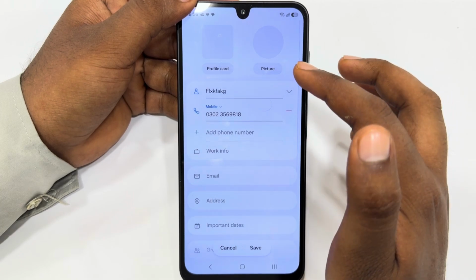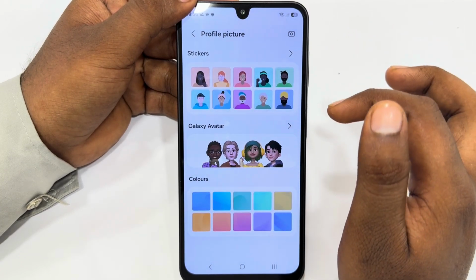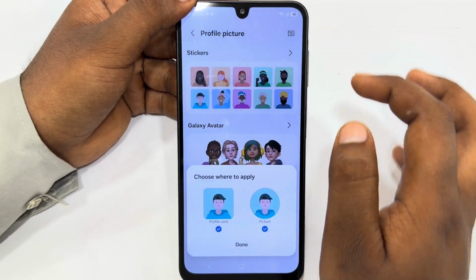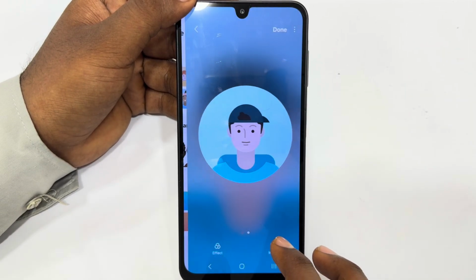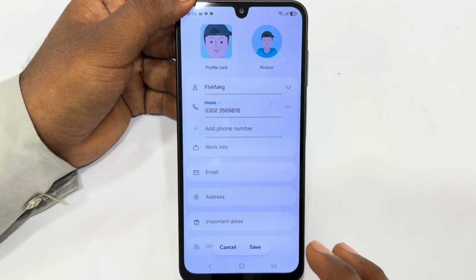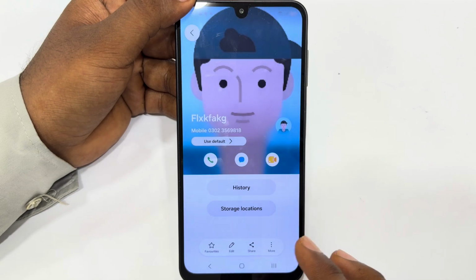So if you want to add a picture, just click on picture here. Select the picture you want to set, and once you have done this, click done and it will be added. So in this way you can easily edit a contact in